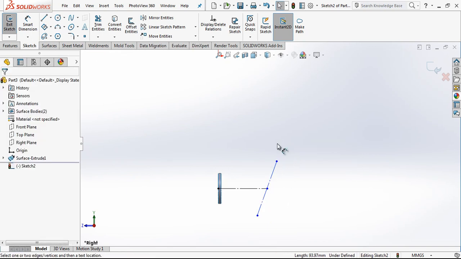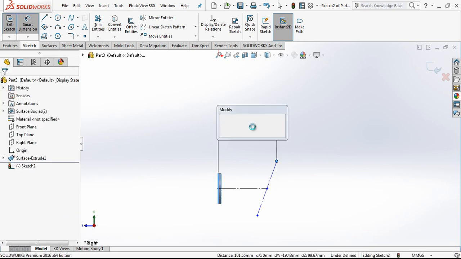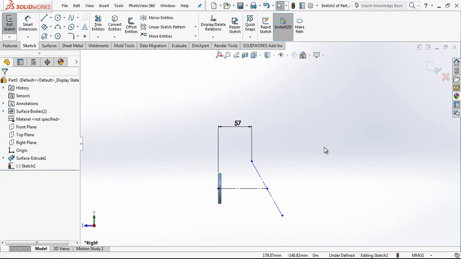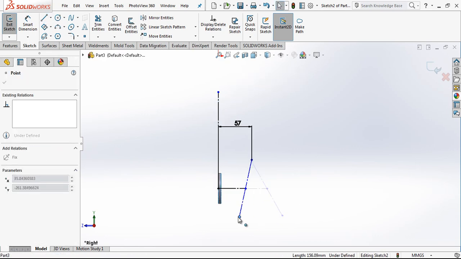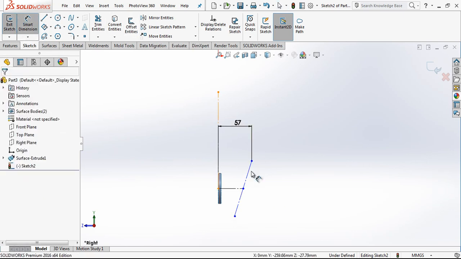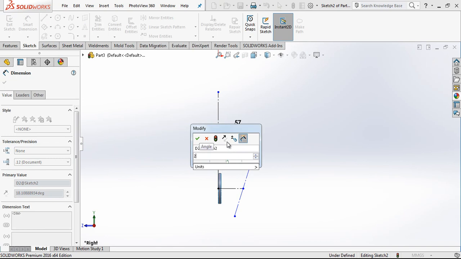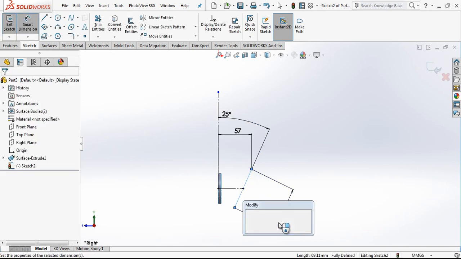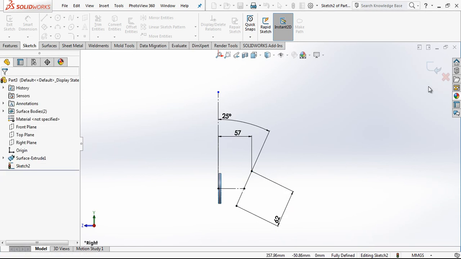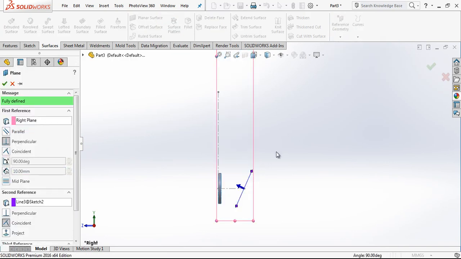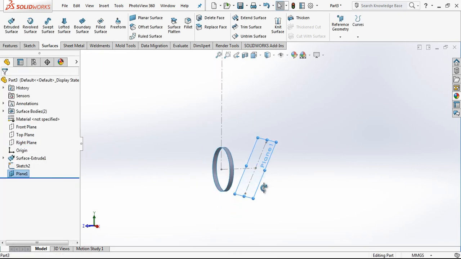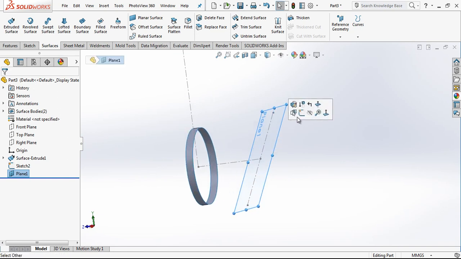I'm creating my relations. This dimension will be 57, and I have here one extra construction line to give my angle value. This will be 25 and 60, the 2mm line, and after this we choose right plane and reference geometry with a line and plane option, creating exactly in this line direction a plane, and on this plane we create